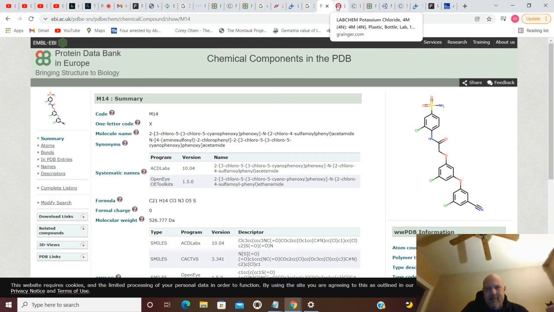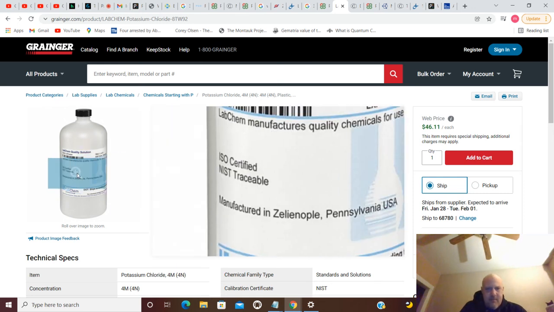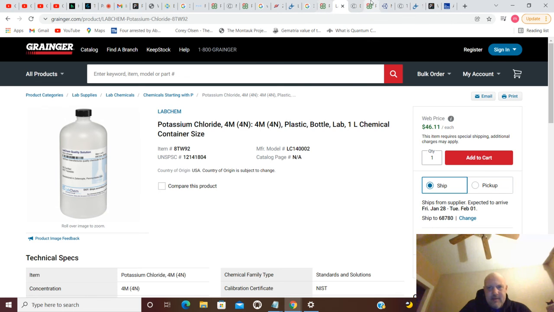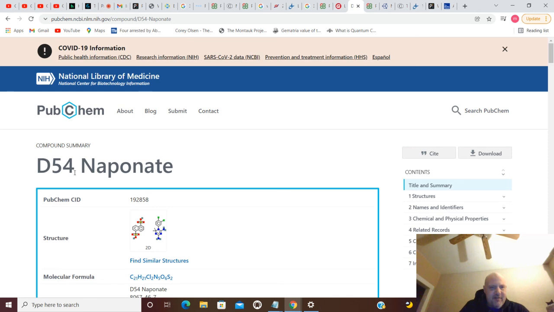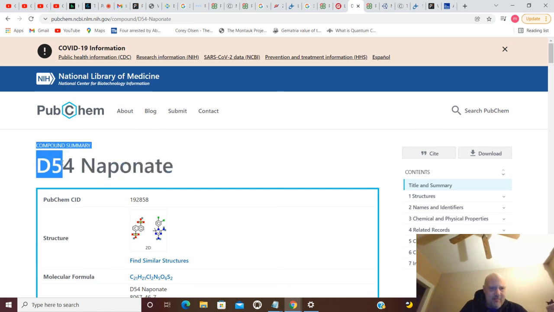And if we move on from that, you have Fort N. How about LabChem? Potassium chloride, Fort M, plastic bottle, Lab 1, chemical container size. So you got a LabChem quality solution. And if we move on from that, you have D54. D54 is naponate, right here on PubChem, D54.